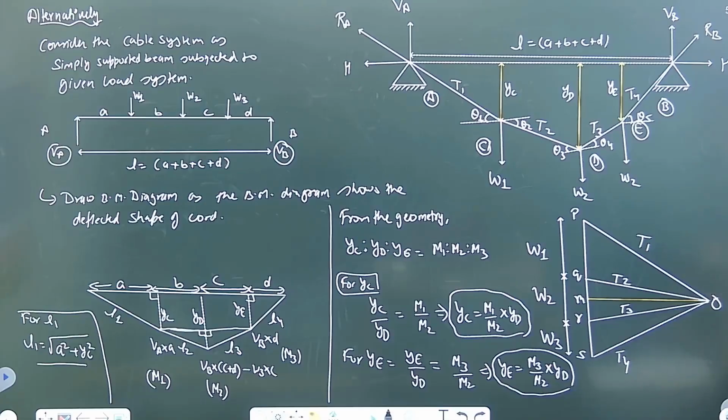If the point on the cord where the 10 kilonewton load is supported is 13 meter below the level of end supports,